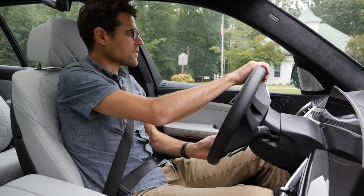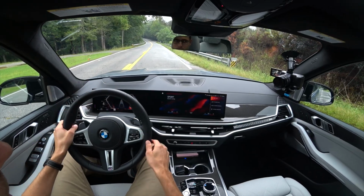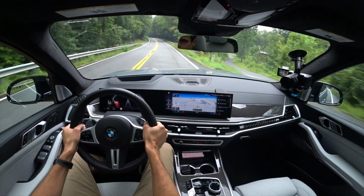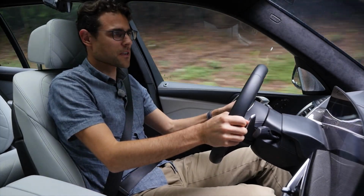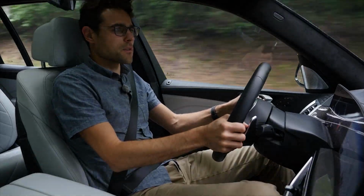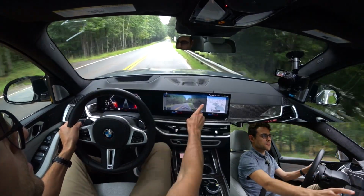Switching to the V8 sport mode, let's do some acceleration. 0 to 55 miles an hour, and let's go. Whoa. Whew. That is 0 to 85 kilometers an hour. Really powerful, and of course, even better sound. Yeah, that V8 sound is really something. Once again, when I get off the throttle, blah, blah, blah, from that exhaust, that's really